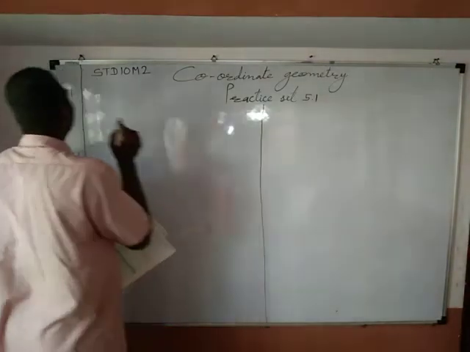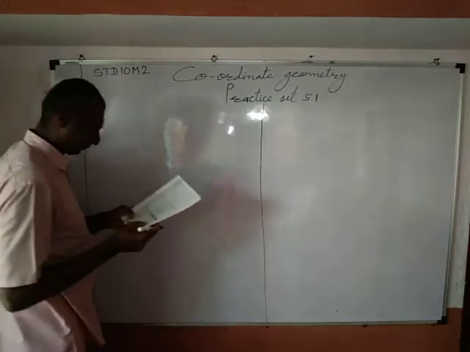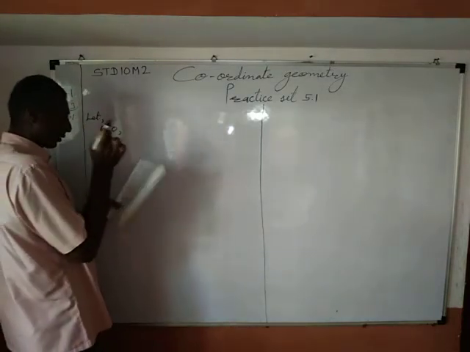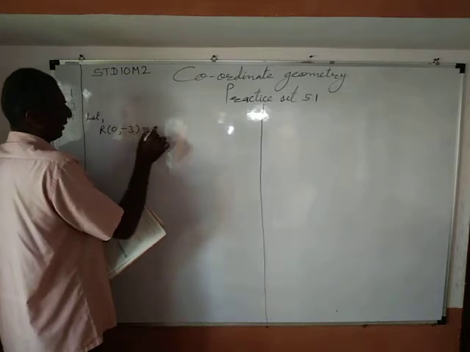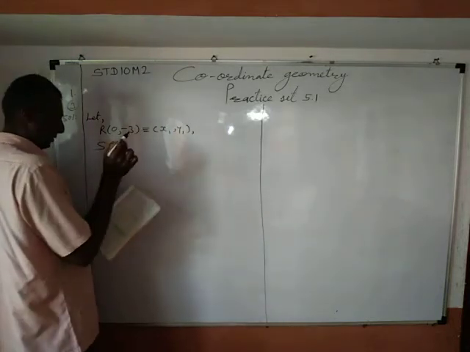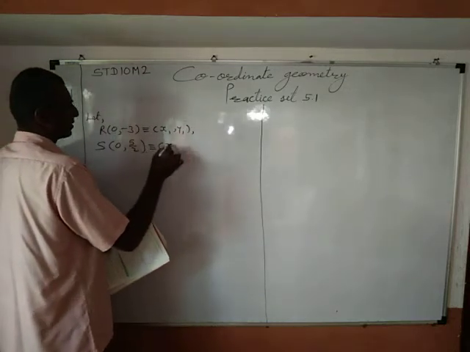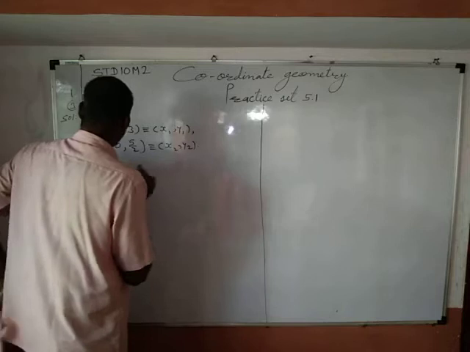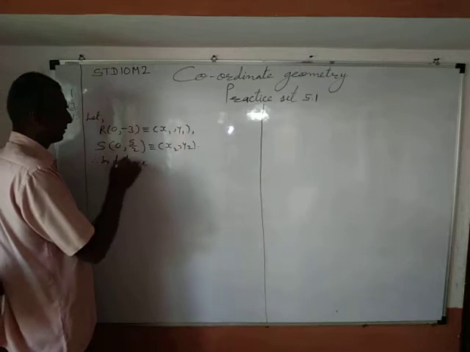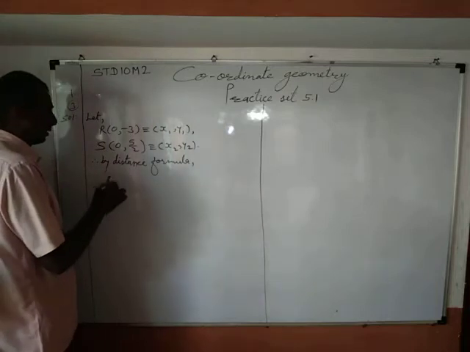Sub question third. Solution. Let R(0, minus 3) is (x1, y1), S(0, 5 upon 2) is (x2, y2). Therefore, by distance formula, RS